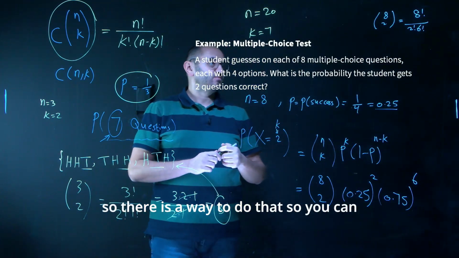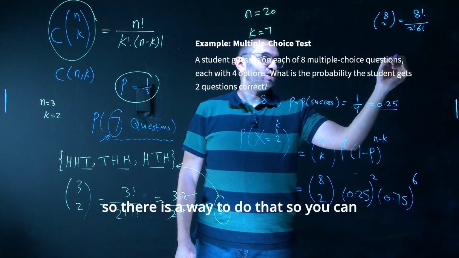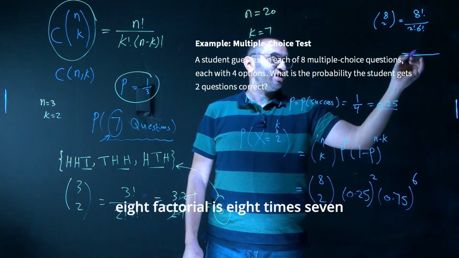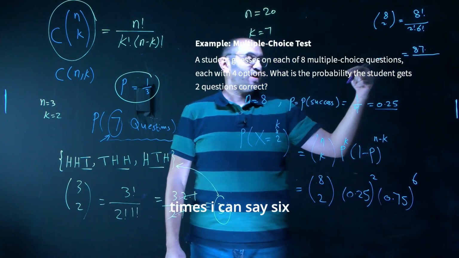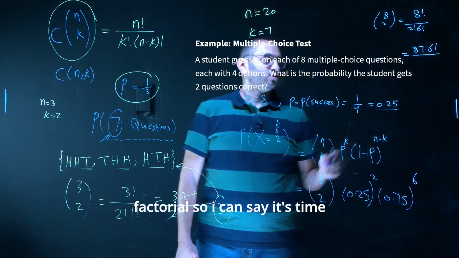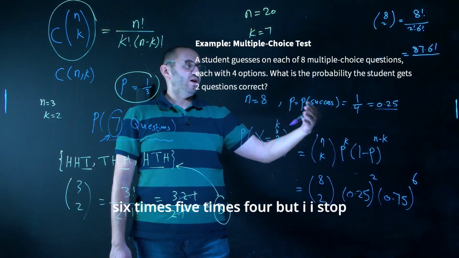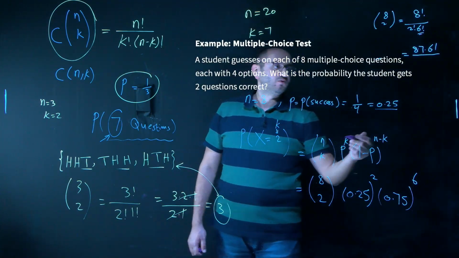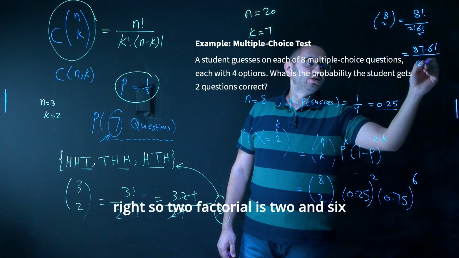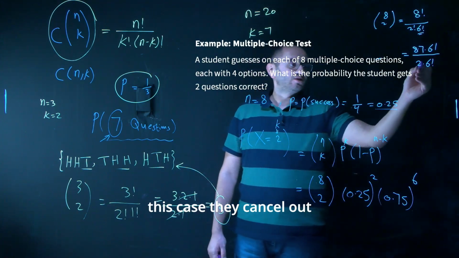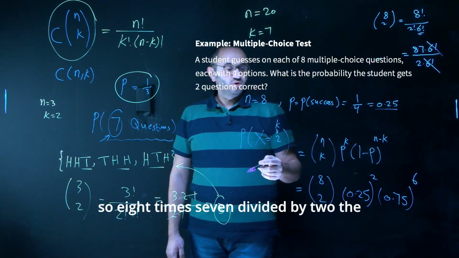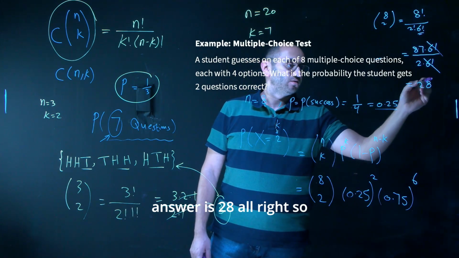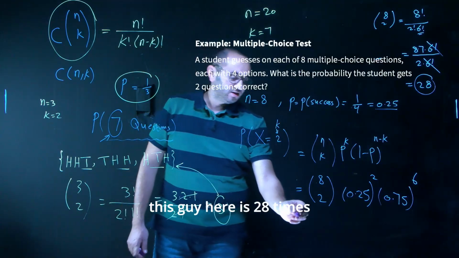So there is a way to do that. You can do 8 factorial. There is a trick here. 8 factorial is 8 times 7 times 6 factorial. I could say times 6 times 5 times 4, but I stop here because there is 6 factorial in the numerator, right? So 2 factorial is 2 and 6 factorial is here. So in this case, they cancel out. So 8 times 7 divided by 2, the answer is 28. All right, so this is 28